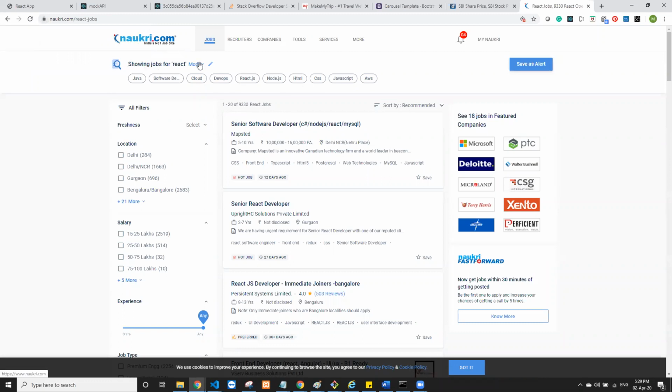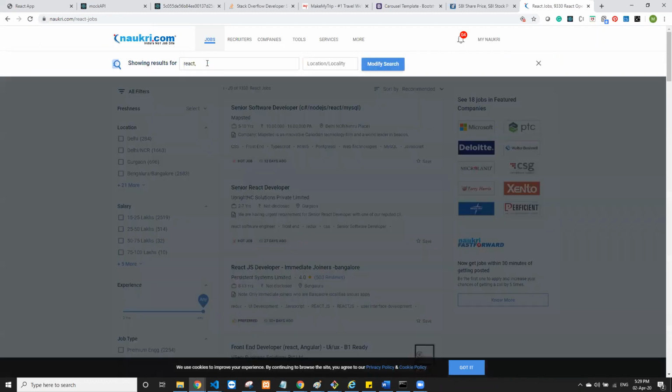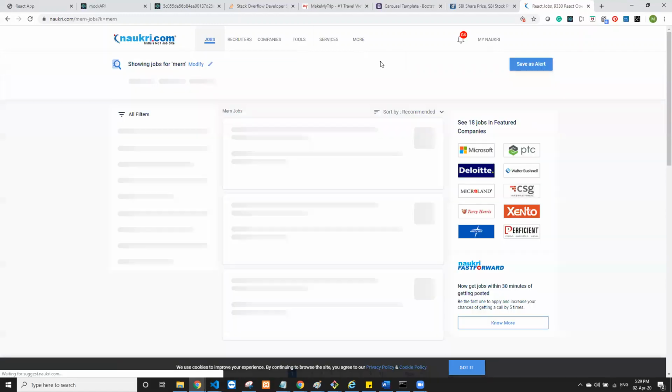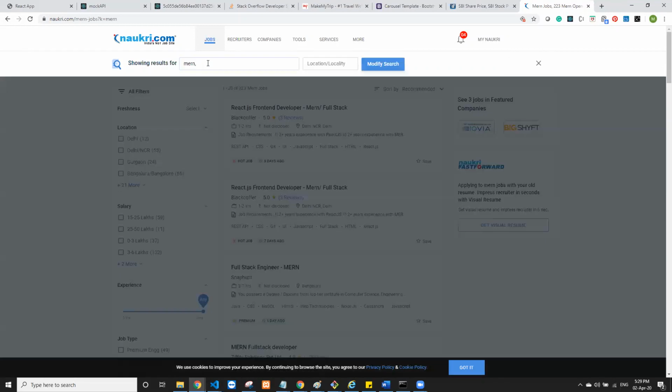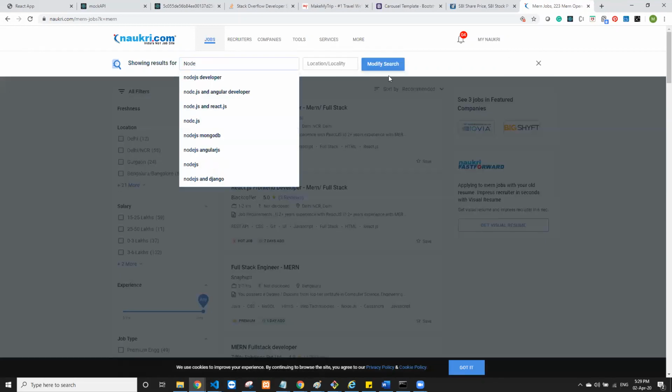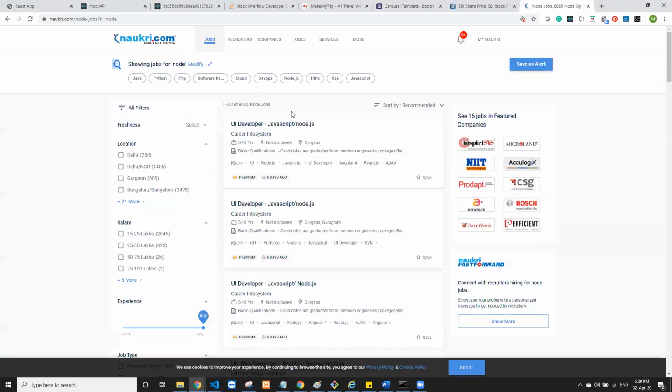Or what we can do is modify our search and write MERN stack. If you look for this, they haven't put MERN stack as a keyword. You can put these technologies individually. So if you type node, then you'll again have some 8,000 jobs.